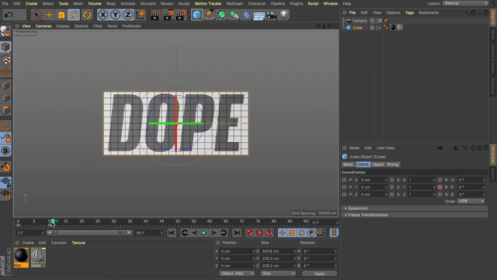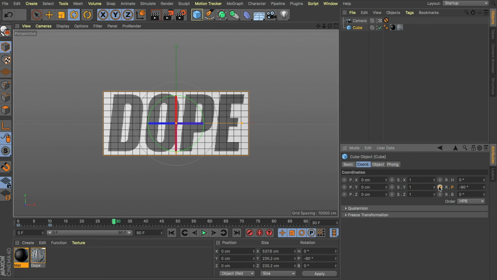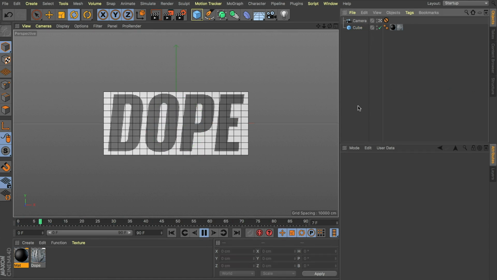Now, my document at the moment is set up by default at 30 frames a second. So we're going to come all the way to 30 frames. That's 1 second in our animation. And let's just rotate this minus 90 and add another keyframe. All right, let's watch that back. Holds for 10 frames and then rotates between frame 10 and frame 30. Not looking all that flash at the moment, but we've got that initial spin for us to have a bit of a play with.